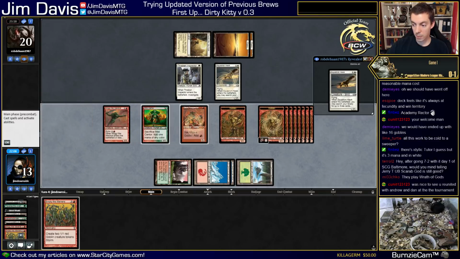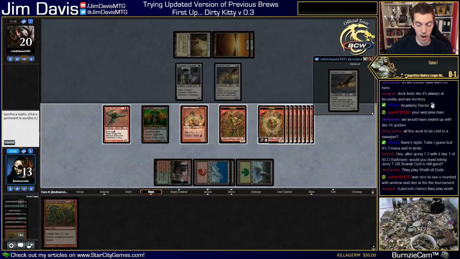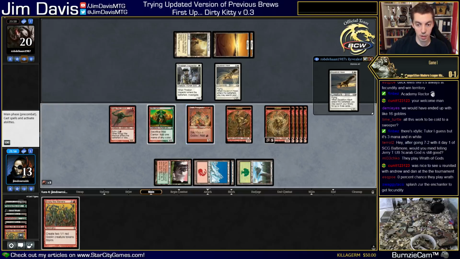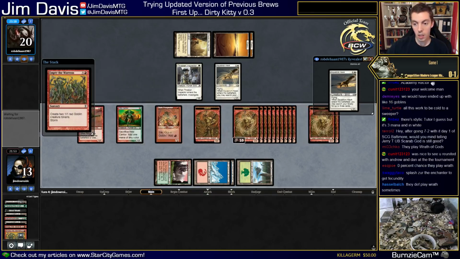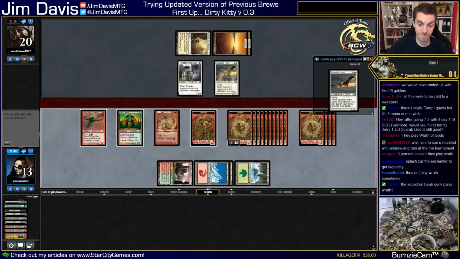Scarab God is still good. I don't really know. I haven't really played a lot of Standard, so... Well, if they have Wrath of God, God bless them, I guess, because we're in a little too deep now to turn around. So this is definitely the plan B of the deck, just making 1 billion goblins. We prefer to be just comboing, obviously, but...